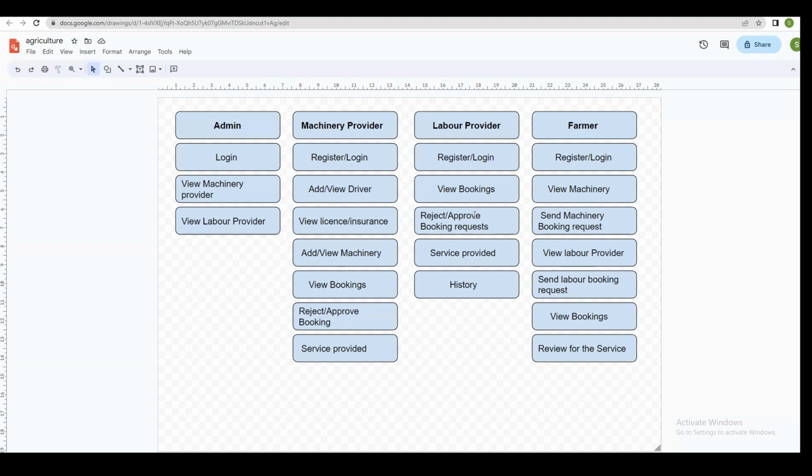After approving the request, the service will be provided to the farmer. After providing the service, all the bookings data will be displayed in the history page of the labor provider, and all the requested and rejected booking requests and booked machineries and labor details will be displayed on the view bookings page of the farmer. And after